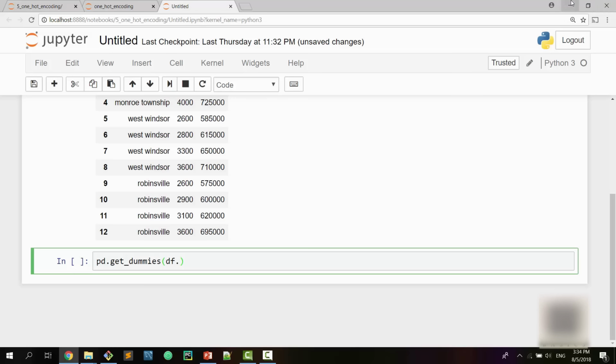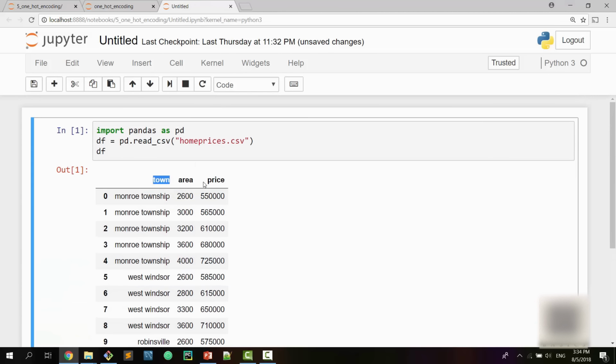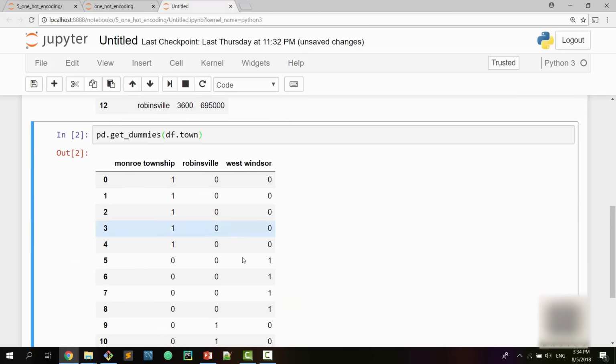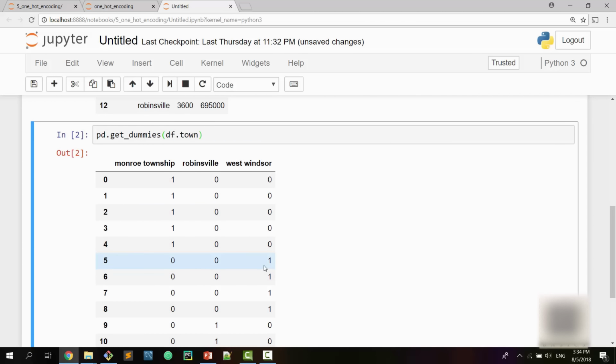So my data frame's category column is town, and when I call getDummies method, it will return me those 3 dummy columns per township. So if you have 10 township, it will create 10 columns. I will store this data frame into this dummies variable,